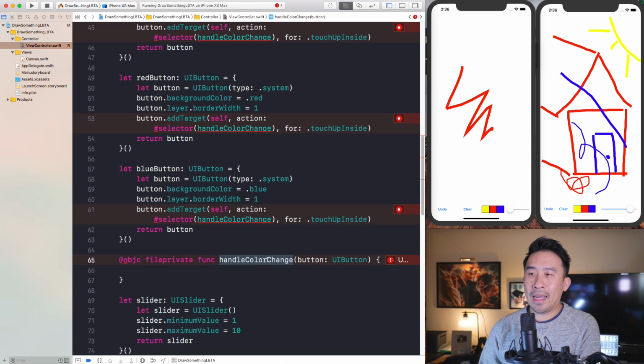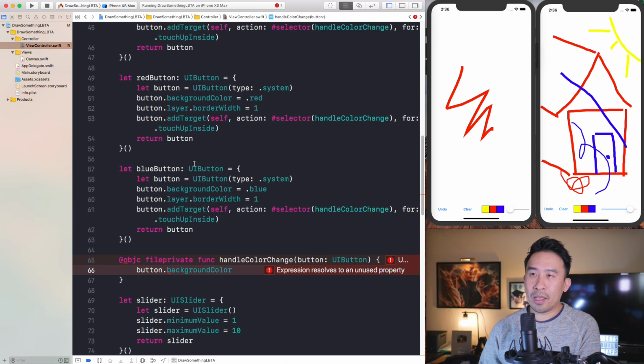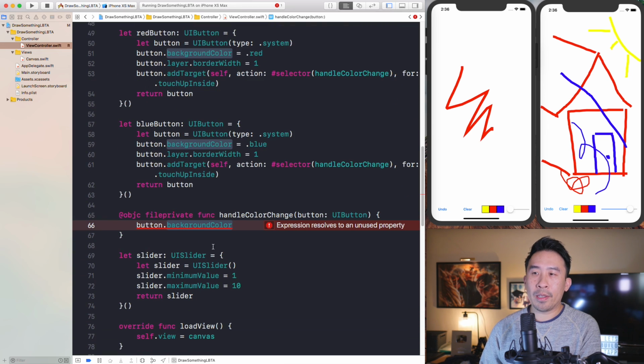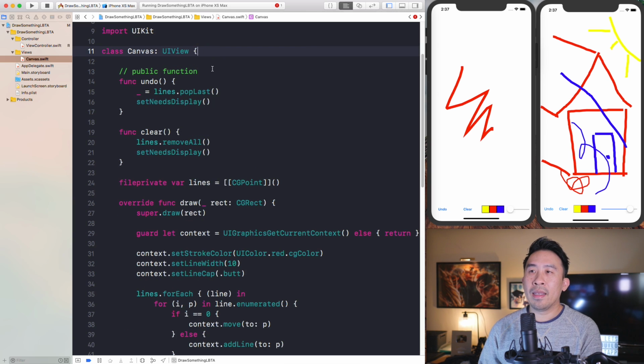It's going to call this handleColorChange function with the actual button, which means that the button right here knows what the background color is, whether it's the yellow, red, or blue. It's inside of this property here called backgroundColor. So I'm going to make use of this and hook up the canvas in a way such that